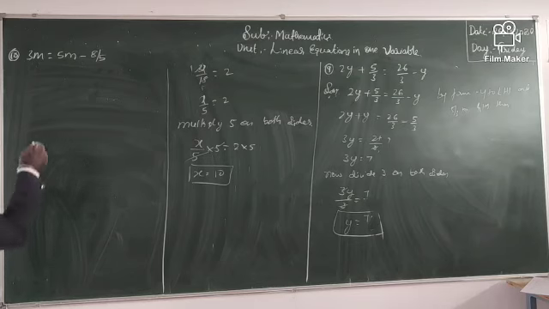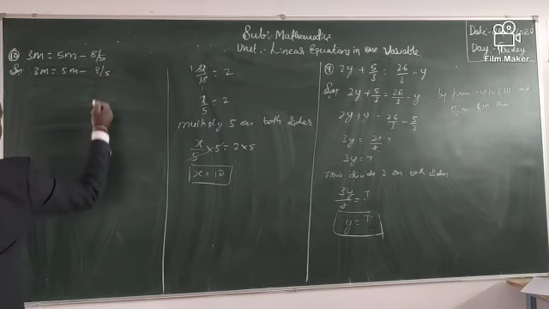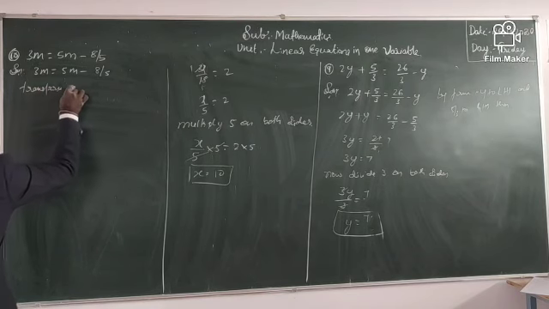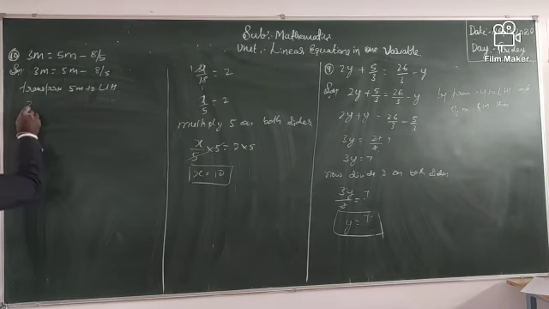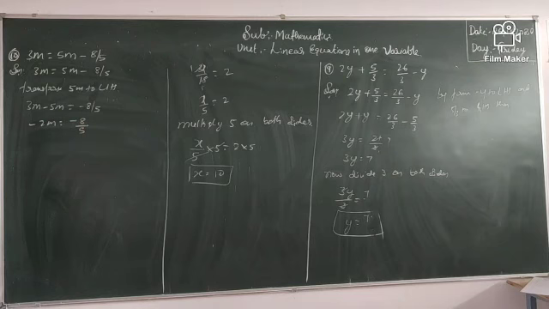Okay, see here. 3m equal to 5m minus 8 by 5. Here transpose 5m to LHS. Then 3m minus 5m equal to minus 8 by 5, minus 2m equal to minus 8 by 5. Here you have to cancel minus, therefore divide minus 2 on